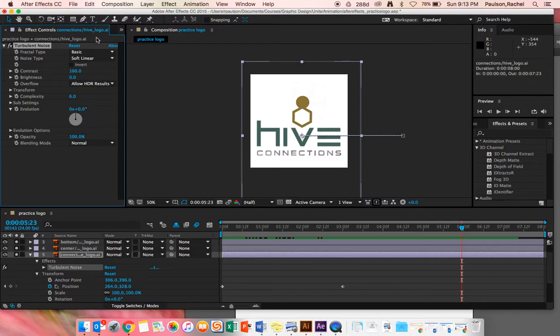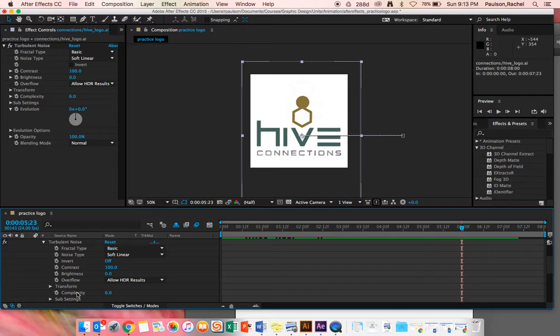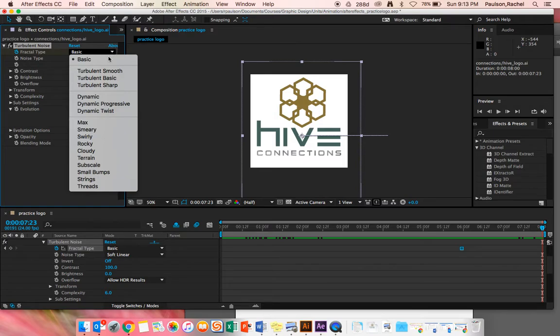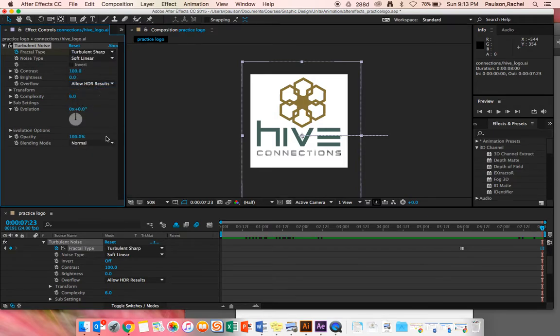So what this did was it pulled out an effects control panel up here, and it added an effect layer to this connect layer. So when I want to start animating this turbulent noise, I need to start adding keyframes in here. So if I want it to be a fractal type, I can add a keyframe, and between here and here I'm going to move ahead to 8, and I want to change a setting on the fractal type, maybe turbulent sharp. I could go back to this keyframe and I could